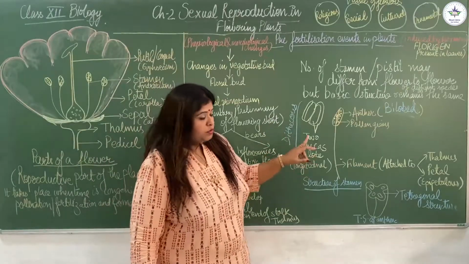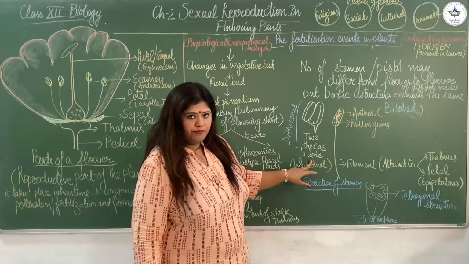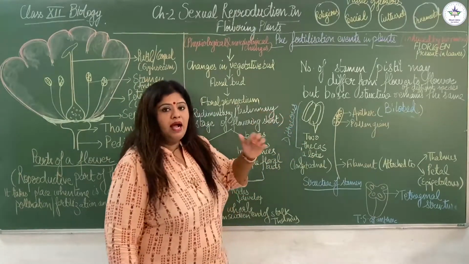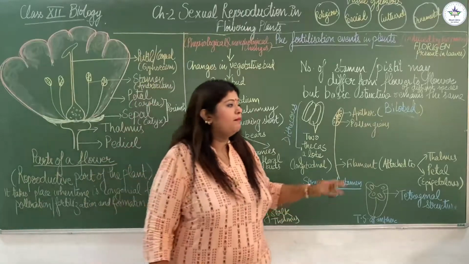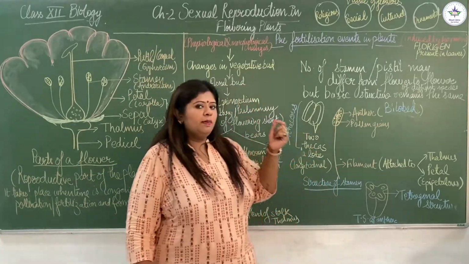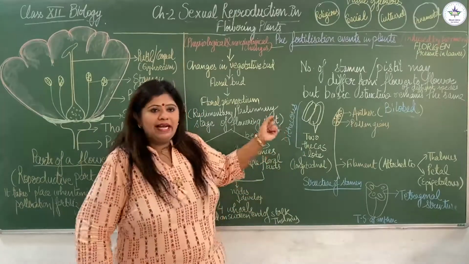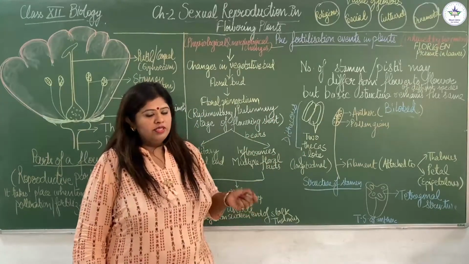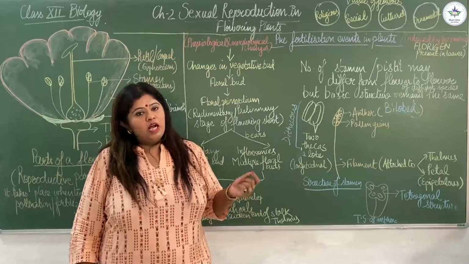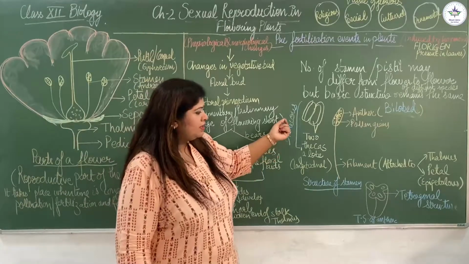Because of the presence of 2 thecae in a single lobe, it is also known as dithecous. So when anybody asks you to explain the meaning of a bilobed anther, you will say there are 2 lobes in an anther. When you are asked what you mean by the dithecous condition of an anther, you will say each lobe of an anther contains 2 thecae, which is termed dithecous.